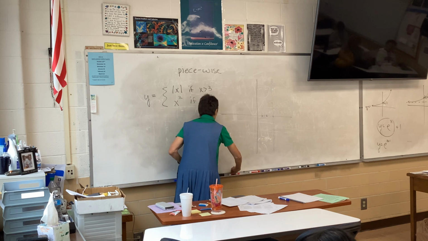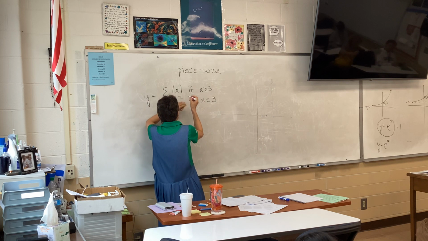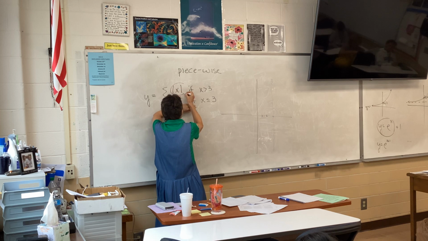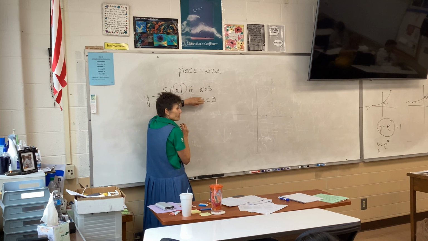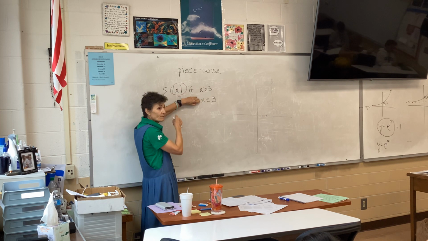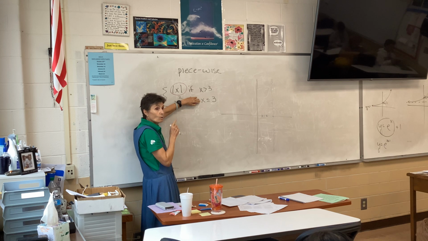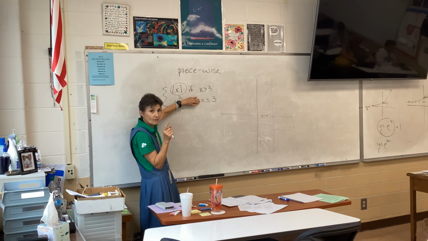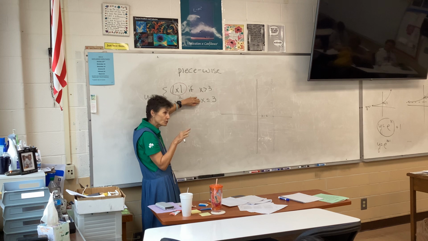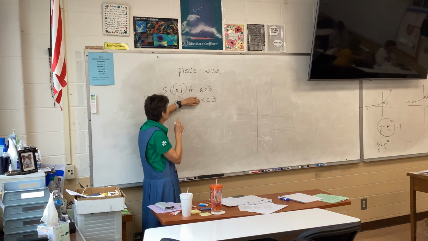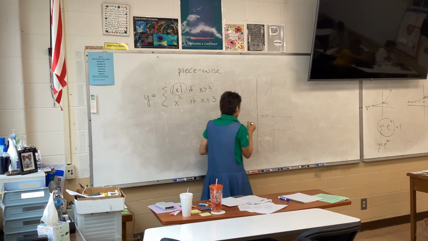Now, look at just this part of the problem. Is that one of your BFFs? Yes. Absolute value. That's absolute value. So what shape is that? Look at your note cards if you're not sure. That's a V. So we're going to go ahead and graph